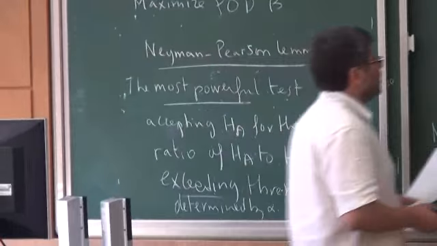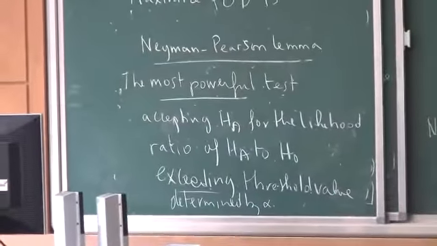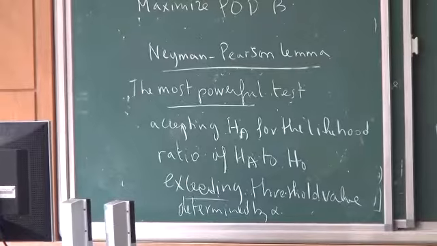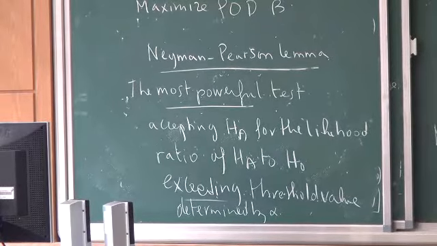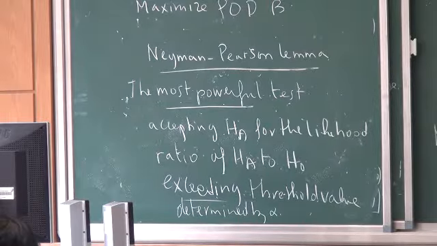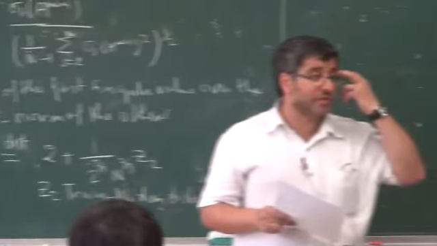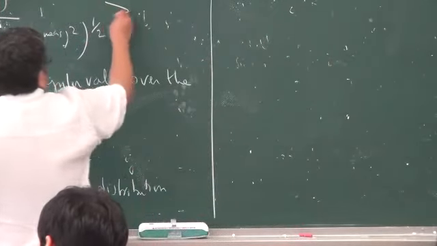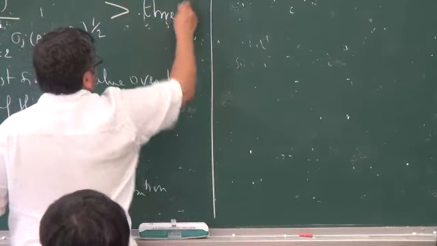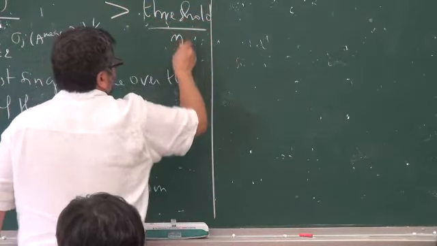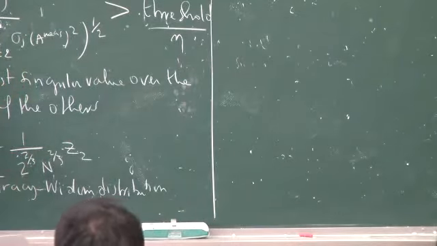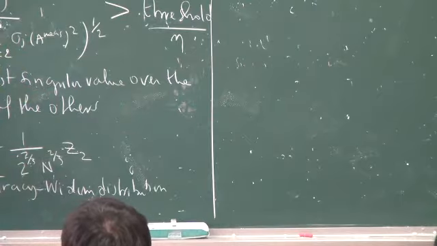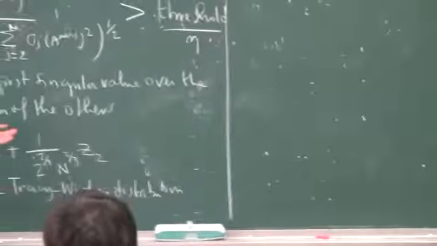So I will keep this test because we want to get the most powerful test, the test which maximizes the probability of detection. So for us, what's the test to maximize the probability of detection? What's this threshold value? This ratio, if it exceeds eta, then I am sure that for a given false alarm rate, I maximize the probability of detection. So what's eta?